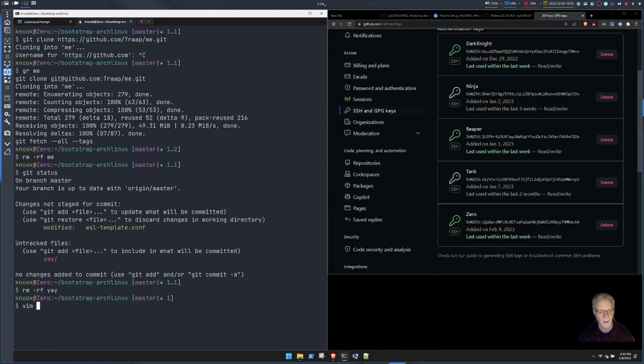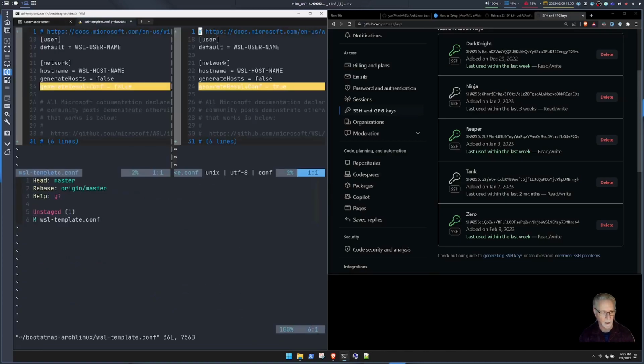So off screen, I did make a change. So I'm going to take a quick look at that file, and I'm going to go into Vim, just a quick check on my setup. Colors aren't that great, but you're seeing me use Fugitive at this point. I can see that what I did was I want to make sure that I am not creating the resolve file. I want Windows right now to be generating that resolve file for me, because that's where we get DNS name resolution from. So what I'll do is I'll just add this,